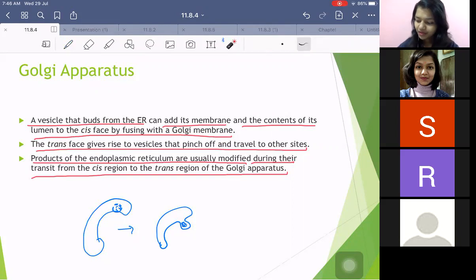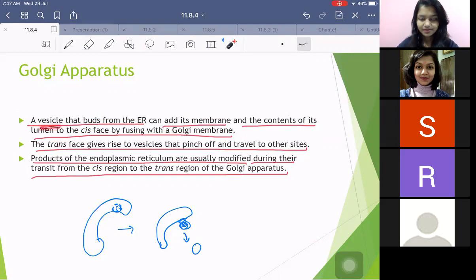Now what will happen slowly? The membrane of the Golgi body will extend, and what will happen? You got a vesicle. Congratulations. Right? So this is how vesicles will be formed. It is not magic. It is from the membrane of the Golgi apparatus itself. They extend out, they cut out, and then you get the vesicles. Got it? And in the vesicles, you will have the secretions. Cool?